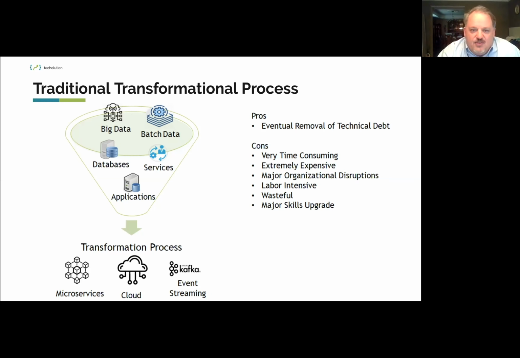In a traditional transformation approach, for those of you that have ever done this before, in the old days, what we used to do is we take a big inventory of all of our technology. And then we come up with a process in which we meet with our customers and the business, then come up with some prioritization of what's kept and what's not. So we come up with a decom list,